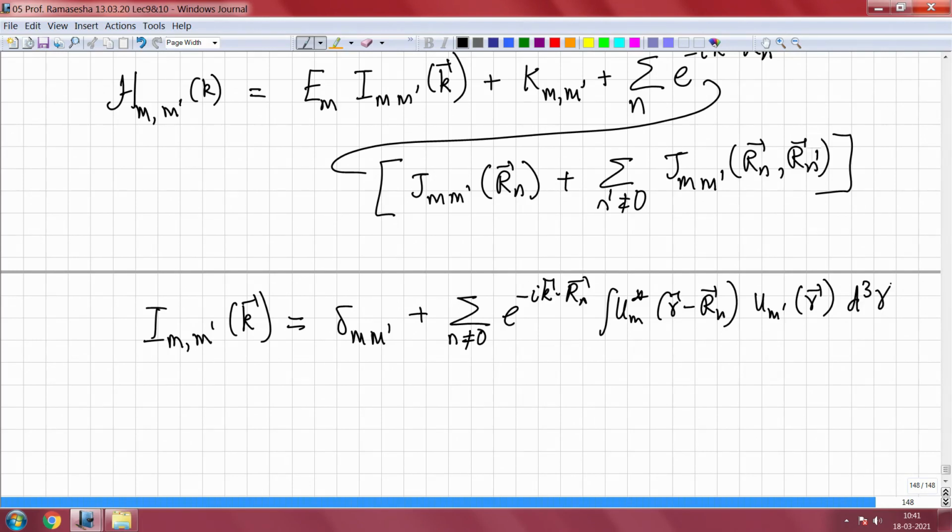So what we are seeing is that we have got a kind of an overlap integral here